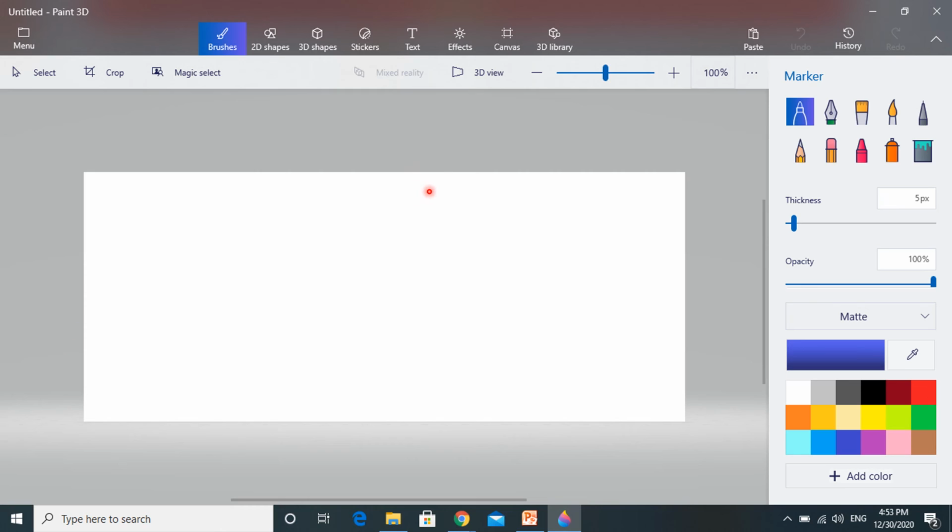Steps for starting the Paint program. Okay, first step is click on the Start button, then click on All Programs, then Accessories and click on the Paint option. So the Paint program will open with a clean and blank screen.